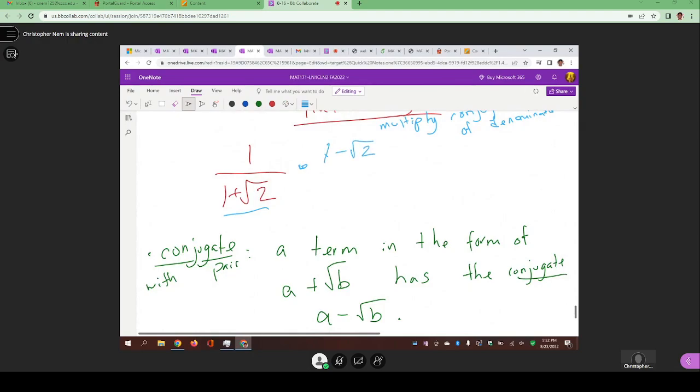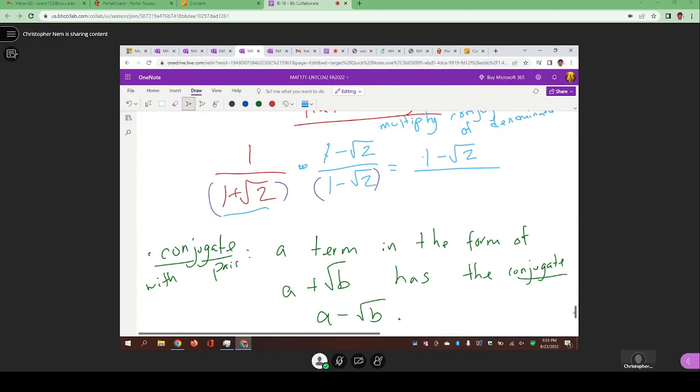However, if I multiply it by that, I change the problem. So if you remember, we divide that by 1 minus square root 2 as well, because we want to multiply by 1 so we do not change the value at all. And if I do that, 1 times anything is itself, so we're going to have 1 minus square root 2 all over